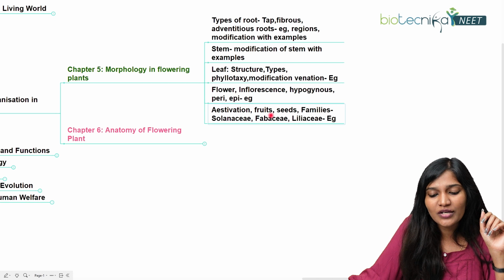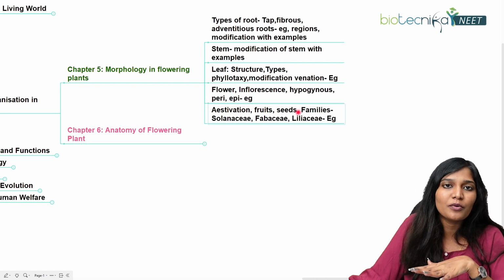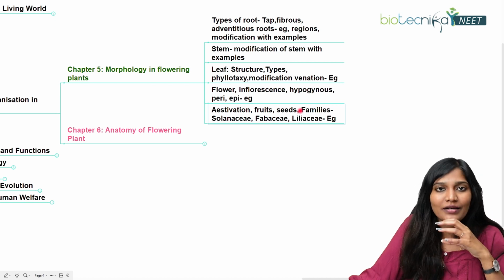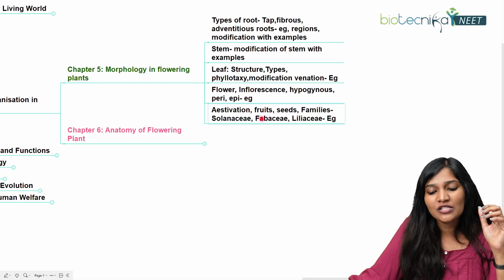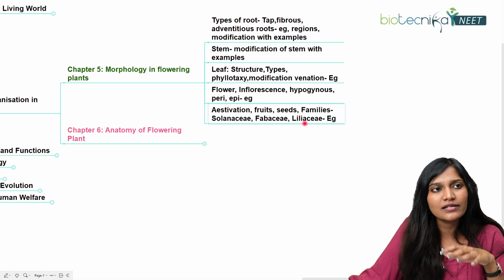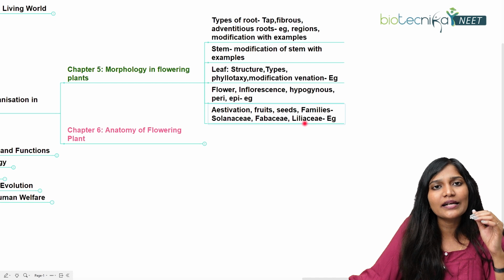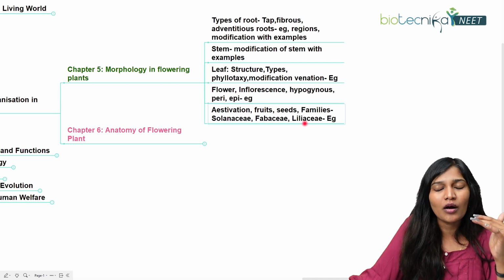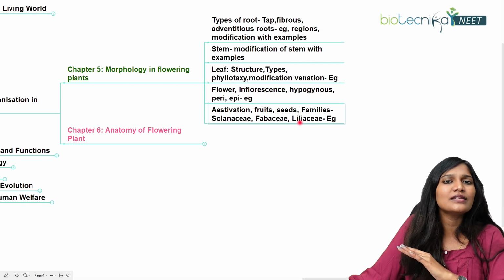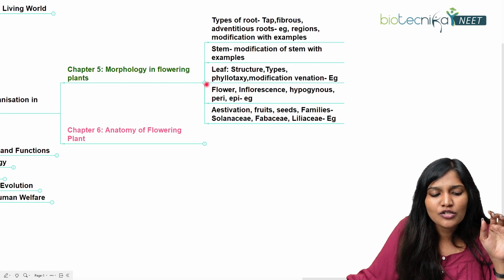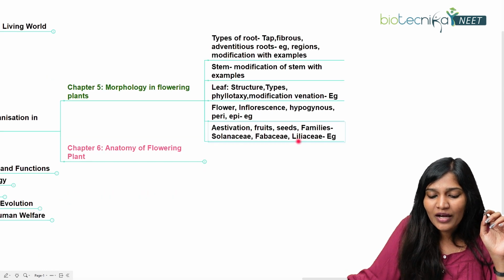Next is estivation, fruits, seeds, and the most important thing is family. The floral diagram, the floral formula, Solanaceae, Fabaceae, Liliaceae. Just stick to the NCERT book and study only the floral diagram, floral formula, everything, and read all the things importantly. That is far enough. So you can expect questions on families, and you can expect questions on the type of